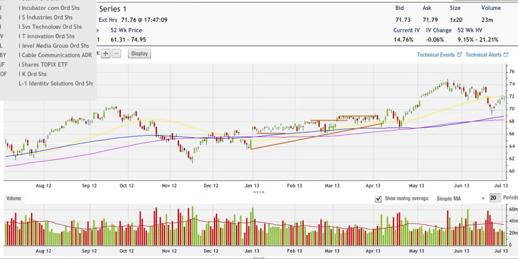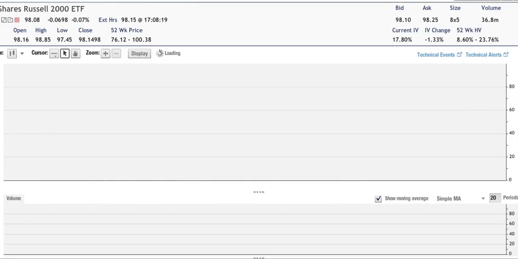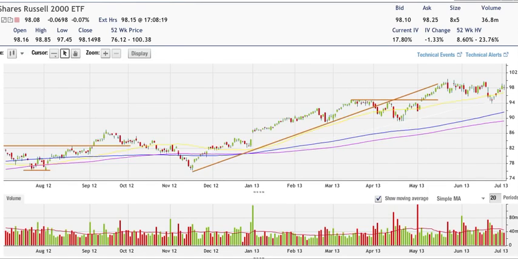For IWM, we had a 100 target. We were bullish on IWM, and we said that it was going to lead the market. Today's high was 98.85. We were not able to get to that 100 level, but pretty close. But again, we're above the 50-day. I'm still looking for that 100 level on IWM.